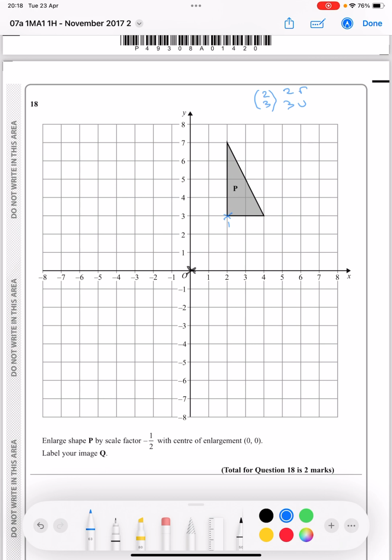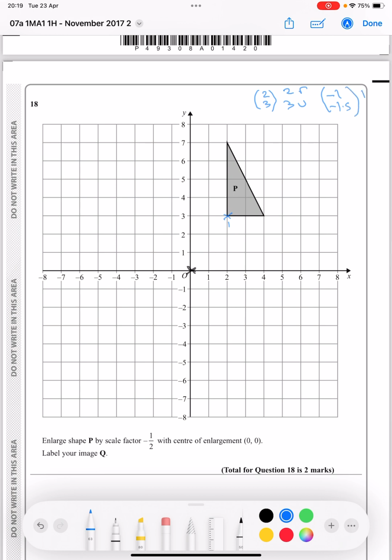Well, what I need to do is I need to do the opposite of that and halve it. Well, 2 times minus half is minus 1, and 3 times minus a half is minus 1.5, which basically means